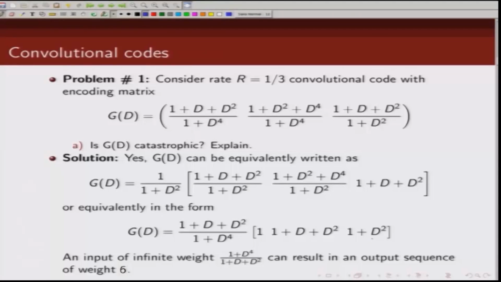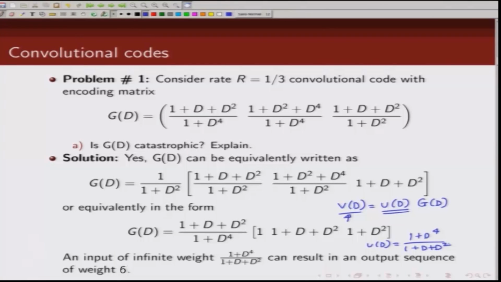So, look at this particular generator matrix. Now, what is my output sequence? My output sequence V of d is U of d times G of d. Now, is there any input sequence which is of infinite weight, but can result in a finite output weight for V of d? If we pay close attention to G of d, we notice that if our input U of d is chosen as (1 plus d4) by (1 plus d square), if our input is chosen in this particular fashion,